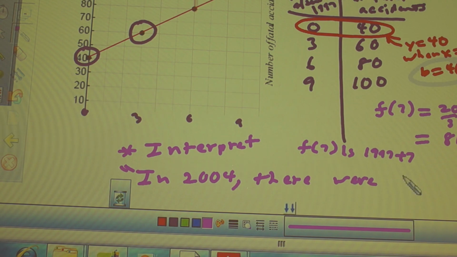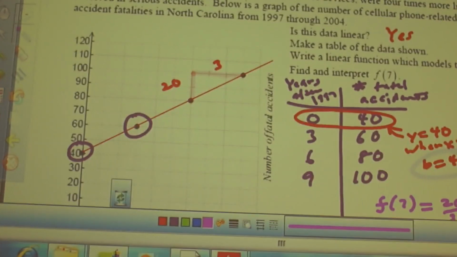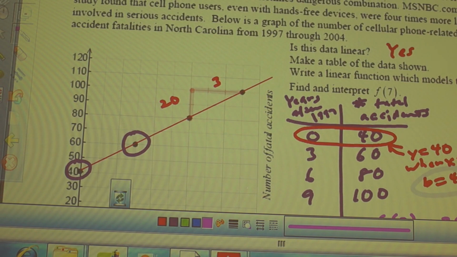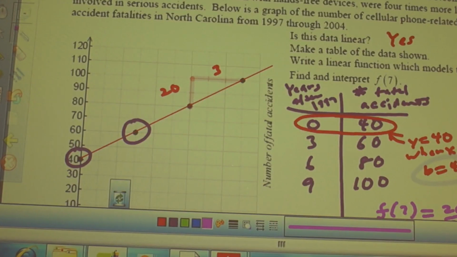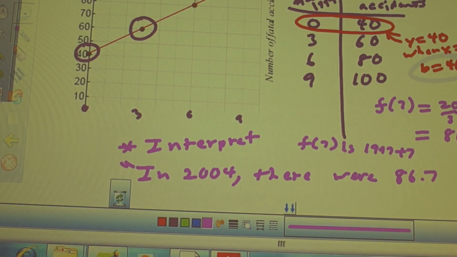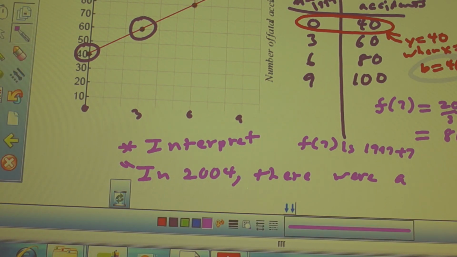How many? 86.7, what? Million? Is it million? Yeah. Okay. Million fatal accidents. Is that right? That seems like a lot. Approximately 107 million automobile drivers in the year. Cell phones. And that's how many fatalities? That's a lot, yeah. Fatalities, okay, so we should say about, right, because you're not gonna have 86.7 fatalities. What, 2/3 of a person died? That doesn't make sense. So about